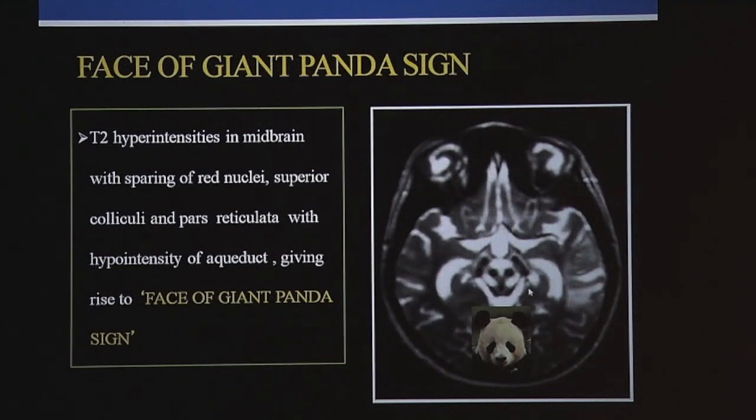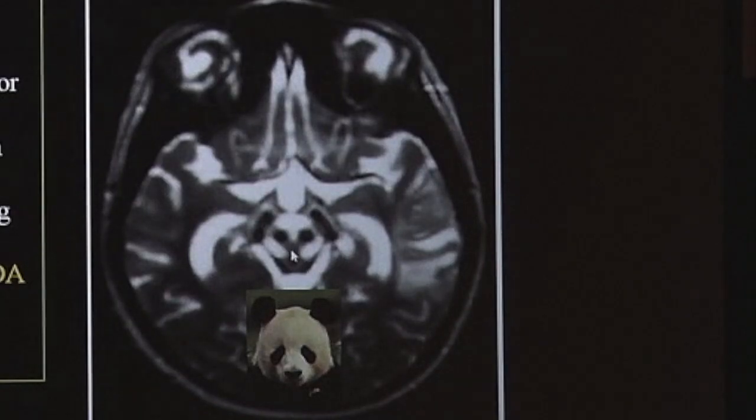This happens because there is a lot of degeneration of the midbrain with relative sparing of red nuclei, which look like the eye of the giant panda, superior colliculi which remain dark here, periaqueductal grey matter which remains spared, and pars compacta and reticulata remaining unaffected, which look like the ears of the giant panda. This is seen in less than 20% of cases, but if it is seen,